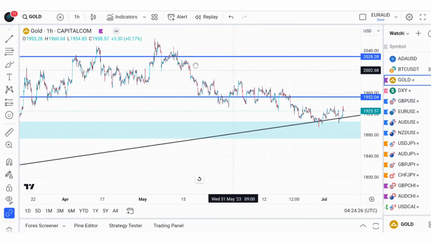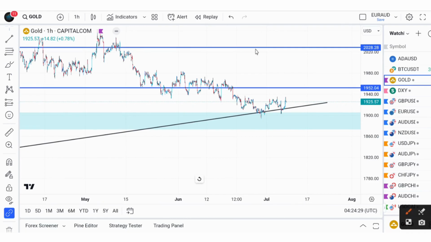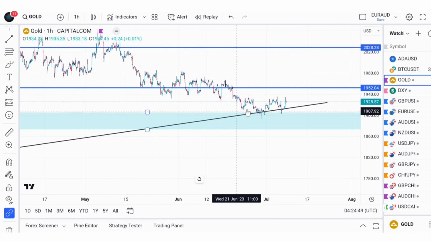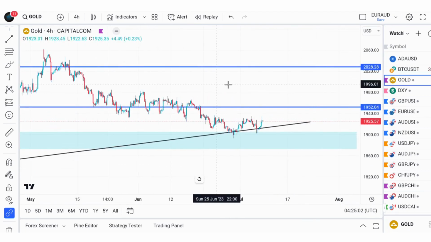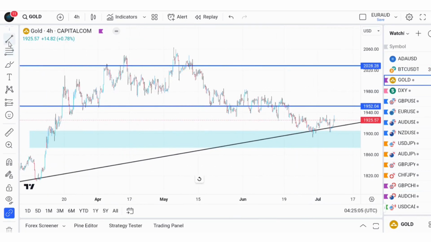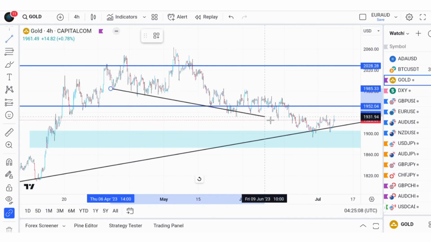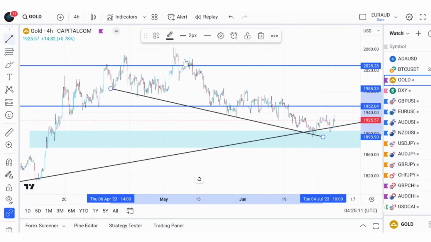So what I'm actually looking at on gold is to the upside. As you can see, we have a particular head and shoulders at this area, which signifies more reversal to 1952. Actually, if we break this level, then we should be going to the 2028 level at that area. And then there's another chart pattern I want us to look at in this area, which might be setting a trap, whether it breaks that level or rejects that particular level right there. So let's check this out.